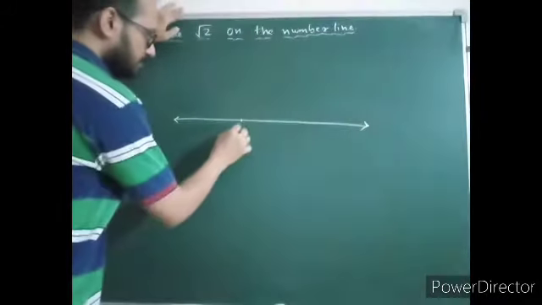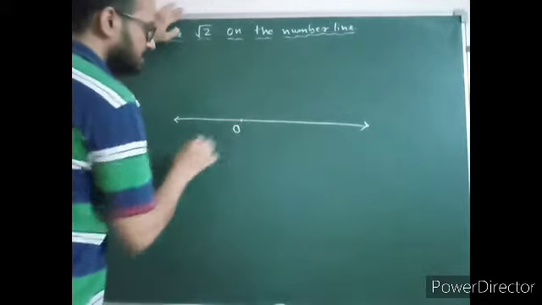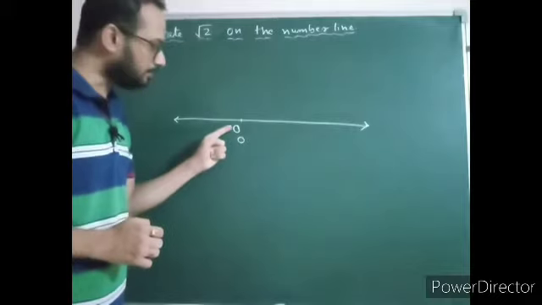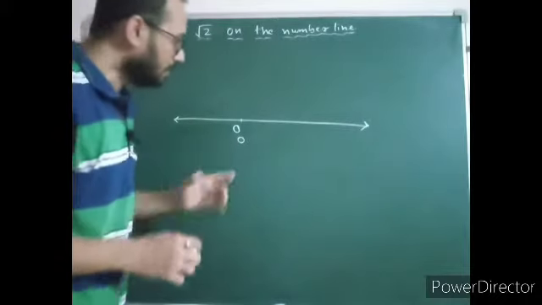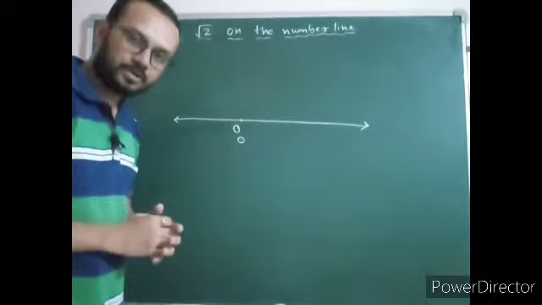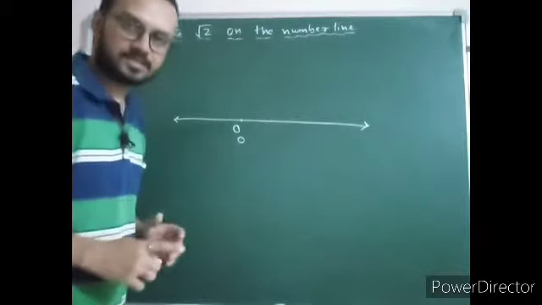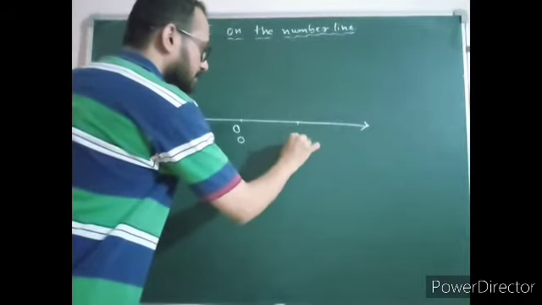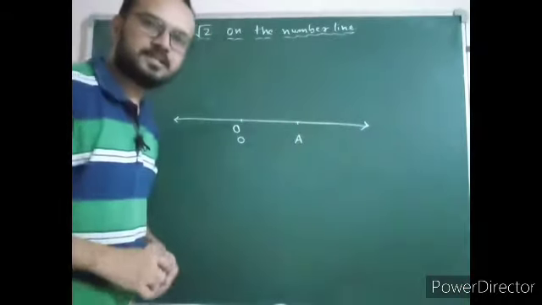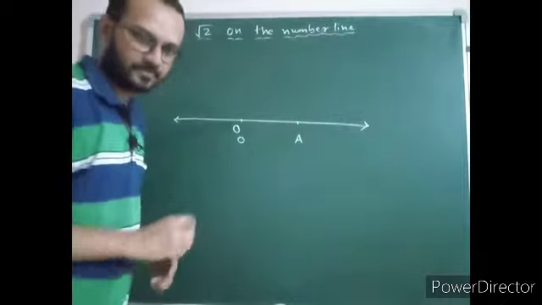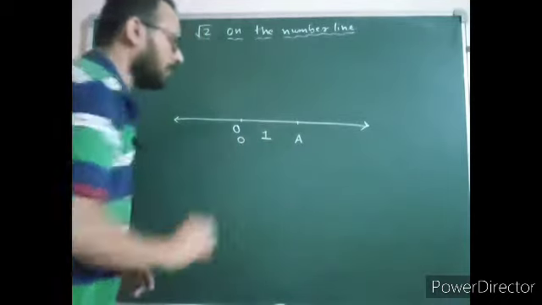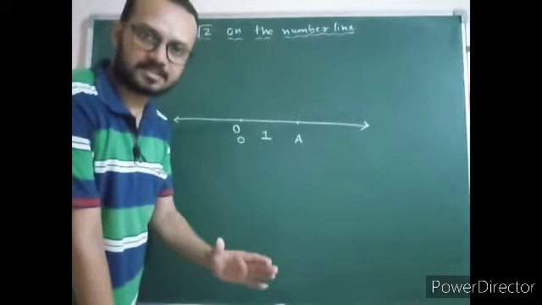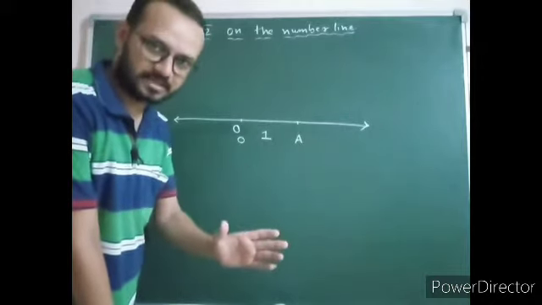On the number line, first of all, we will take a point representing 0. We take a point O which indicates the number corresponding to 0. Now from this 0 point, that is the origin, at a particular distance, we will take a point A. This distance is considered to be 1 unit. So we will call this distance 1 unit. You can take 3 centimeter or 4 centimeter, a fixed distance, as 1 unit, but it should be fixed.